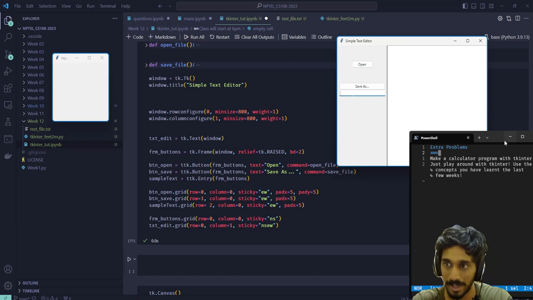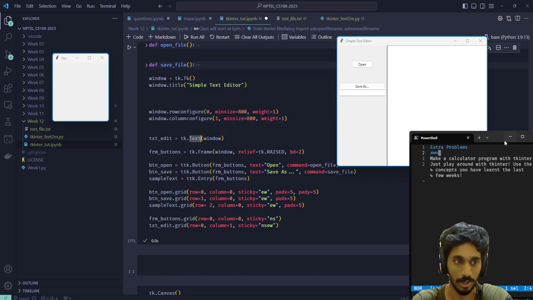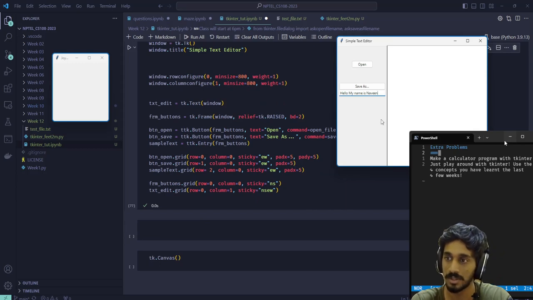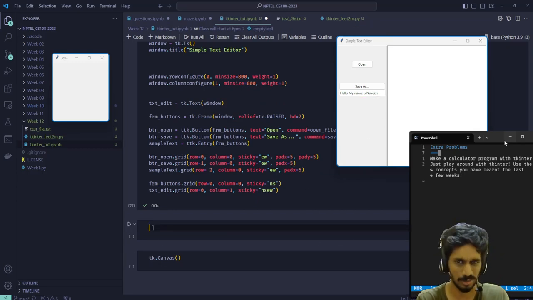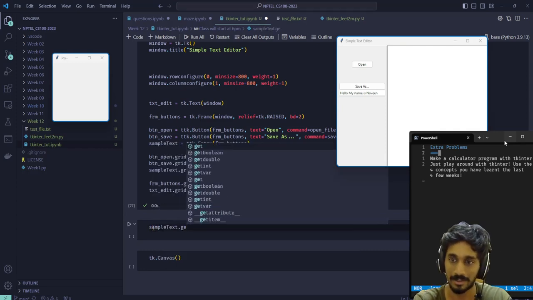Okay, so I've made a small text box here. So the text command makes a huge text box, while the entry command makes a small text box. So I can write stuff here. Hello, my name is Naveen. Now, how do we get the text from the thing? Well, there's the get command. So if I do sample text dot get,